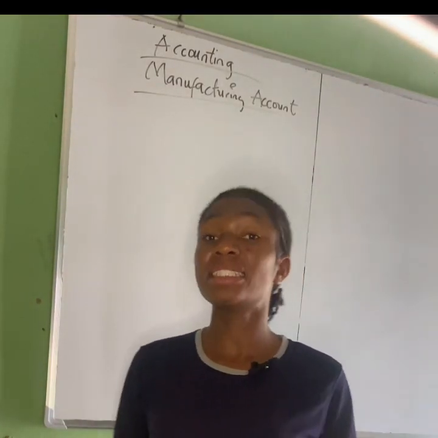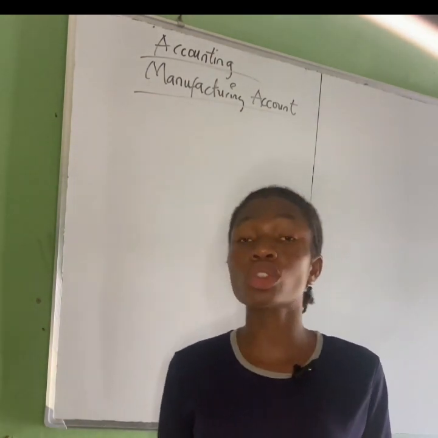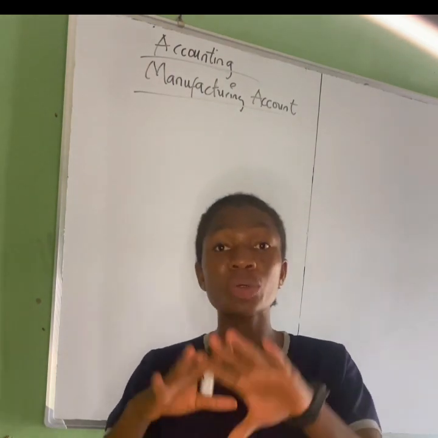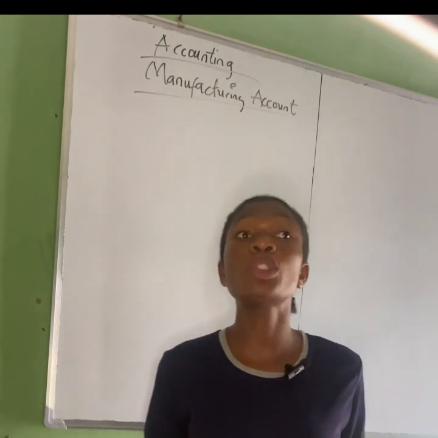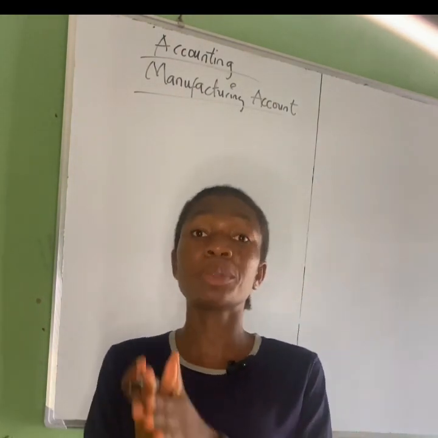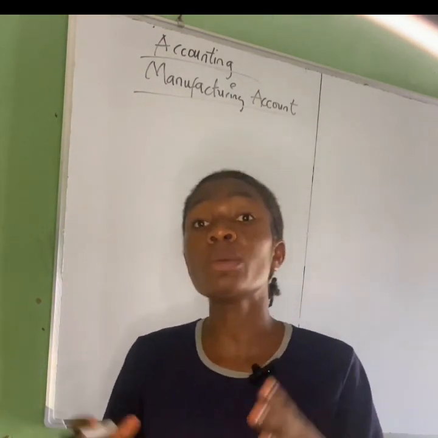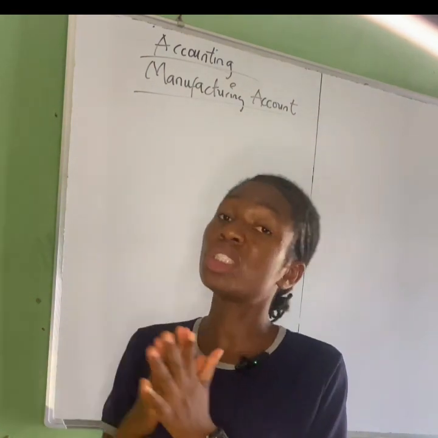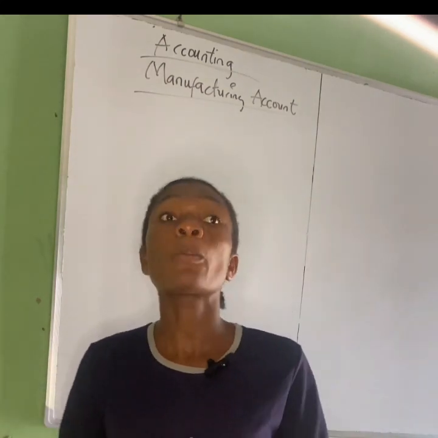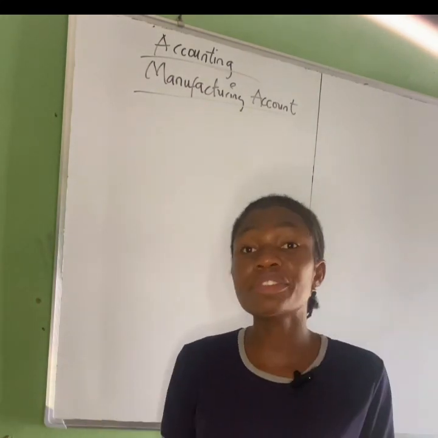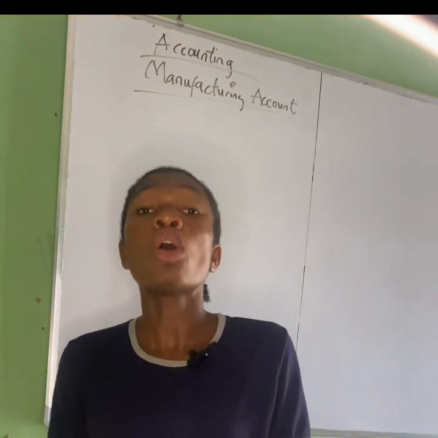We are still looking at the manufacturing account, right? In our previous video, we looked at the introduction to the manufacturing account, where we only considered the manufacturing account to get the cost of production. Now, in this video, we are going to be looking at the trading, profit and loss aspect of the manufacturing account. When we merge the trading profit and loss aspect to the manufacturing account, we then have the manufacturing trading profit and loss account. So we have been able to split it, and in this video we're going to be looking at just the trading profit and loss segment of the manufacturing